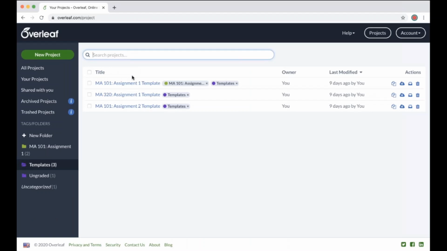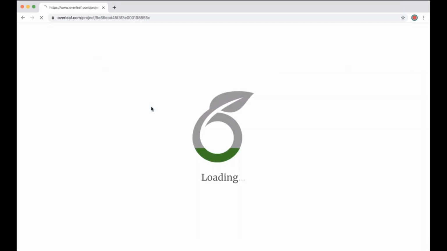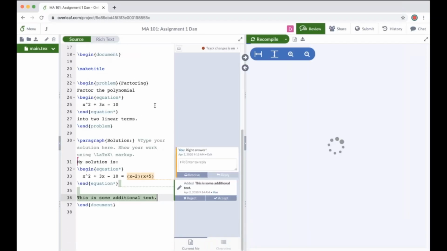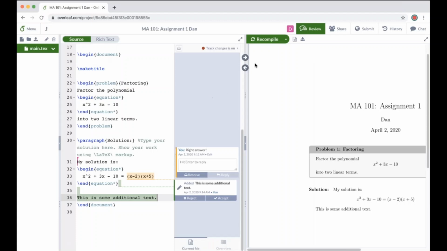Okay, another question that we've had, I'll go back to my student Dan's project. We had a question about what the D means in the corner up here. Next to the review pane in the top bar of Overleaf, you'll see a list of icons that represent collaborators who are actively working in the project at the moment. So if someone you're sharing work with has the project open, their name and icon will show up in this